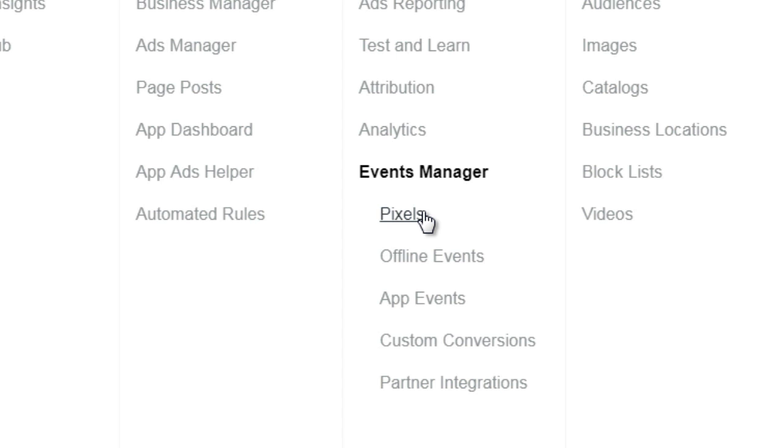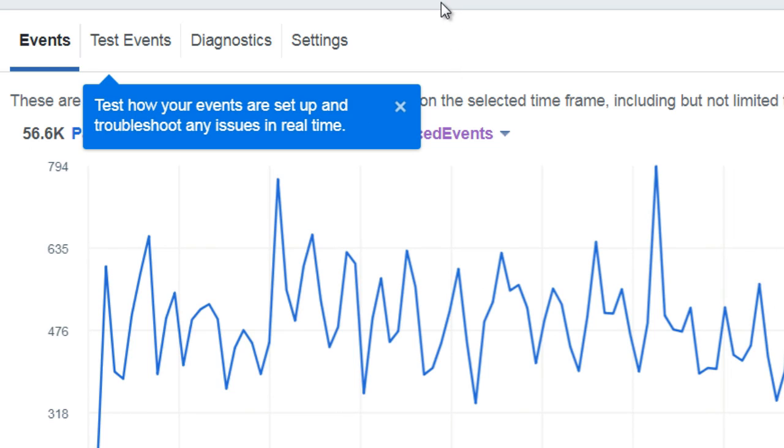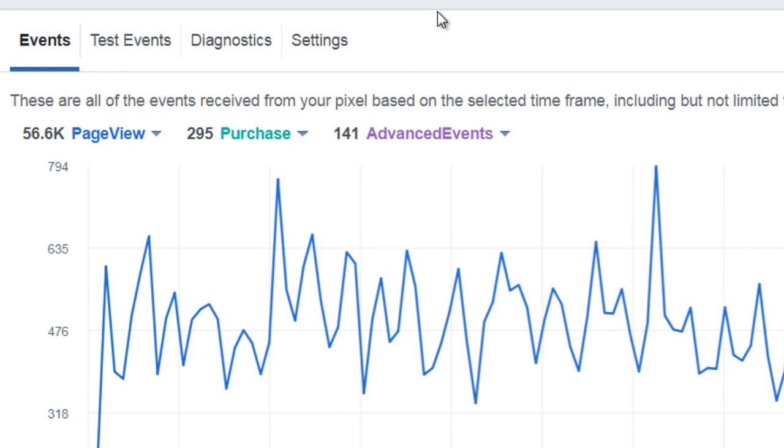So what you need to do is simply go to pixels right here, and then you'll land on this specific page. Now, as I briefly mentioned earlier, a Facebook pixel is merely a piece of code that you put on your website. And we'll talk more about how to add that to your website, what are best practices, and all of that. But basically all you need to know is the Facebook pixel is a very powerful piece of code